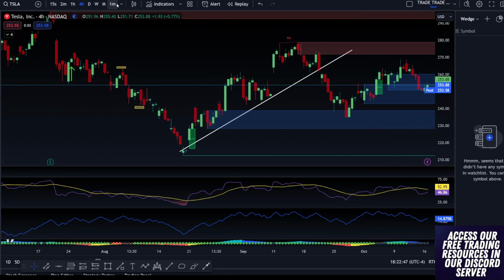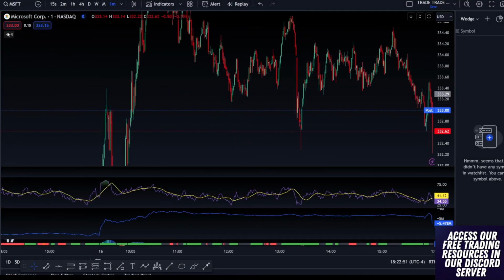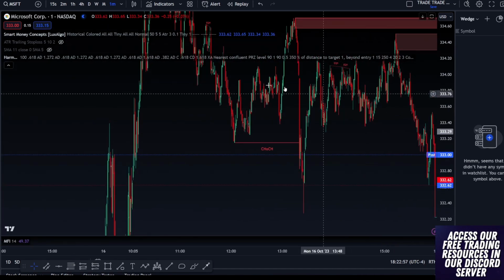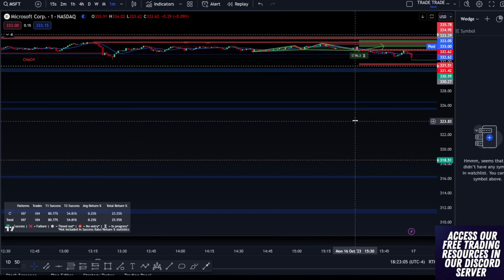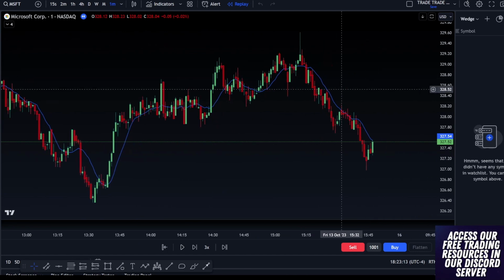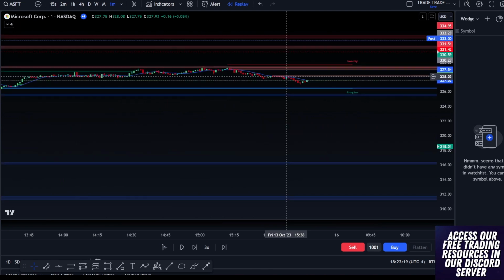All right, so let's do this really quick as an example. Let me talk about a day trade I took on Microsoft today. I actually didn't even see how this played out after I closed it. I'll get rid of all my indicators besides these. All right, cool. Oh wow, it actually didn't even play out the way I wanted. Okay, so we're going to take a look at this morning, and I'm going to go over a potential day trade, why I took it, and how we're going to implement these order blocks and everything else into this.